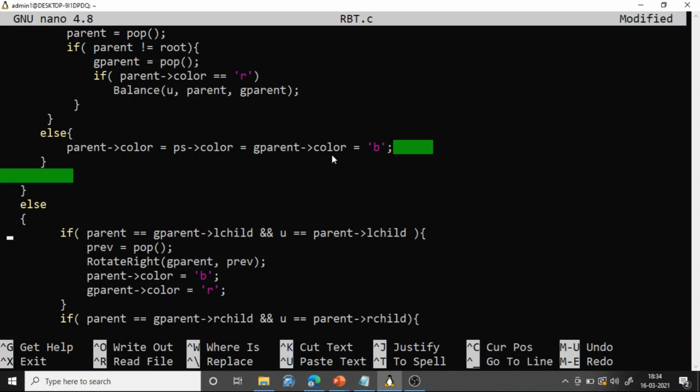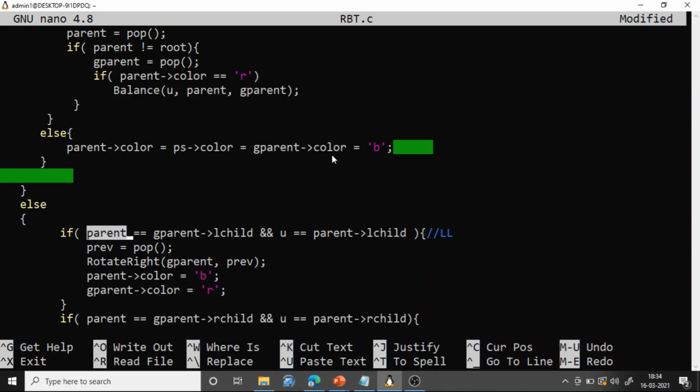So how will you identify the type of the imbalance? There are 4 cases. It can be either LL, RR, LR or RL. This first one is for the LL imbalance. So how do you find the LL imbalance? If it is an LL imbalance, then the parent will appear as the left child of the grandparent.